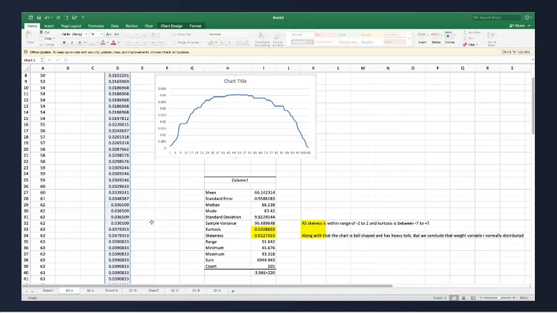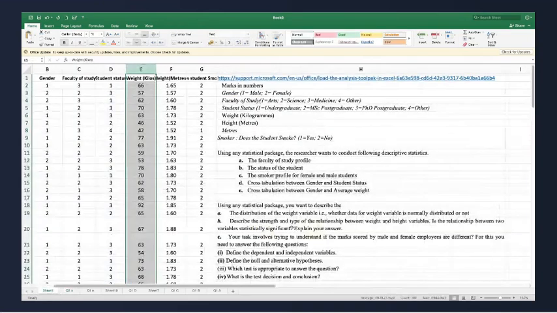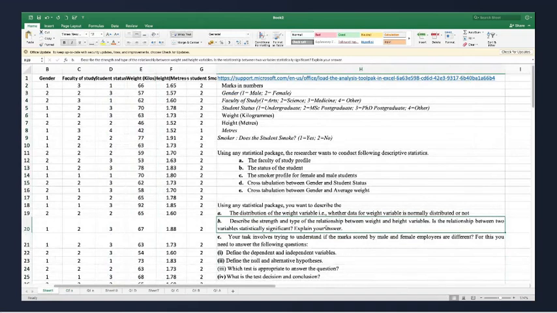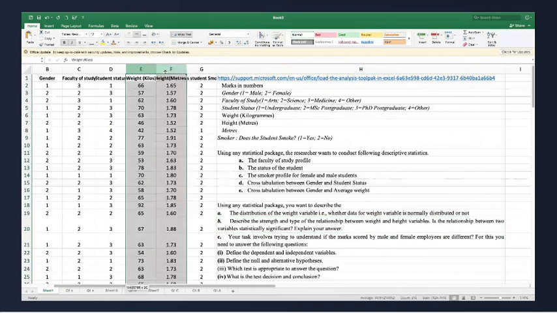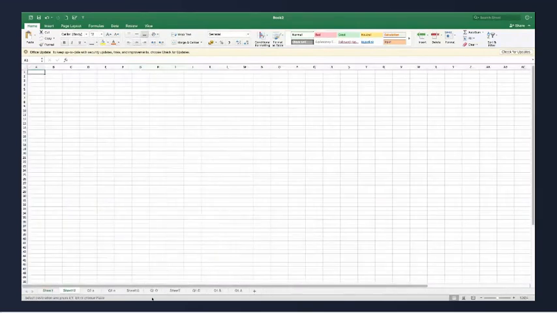Okay, shall we move ahead? The next question is: describe the strength and type of relationship between weight and height variables. Is the relationship between the two variables statistically significant or not? So here we have to test the correlation between weight and height. Let's go to a new sheet, question number 2B.